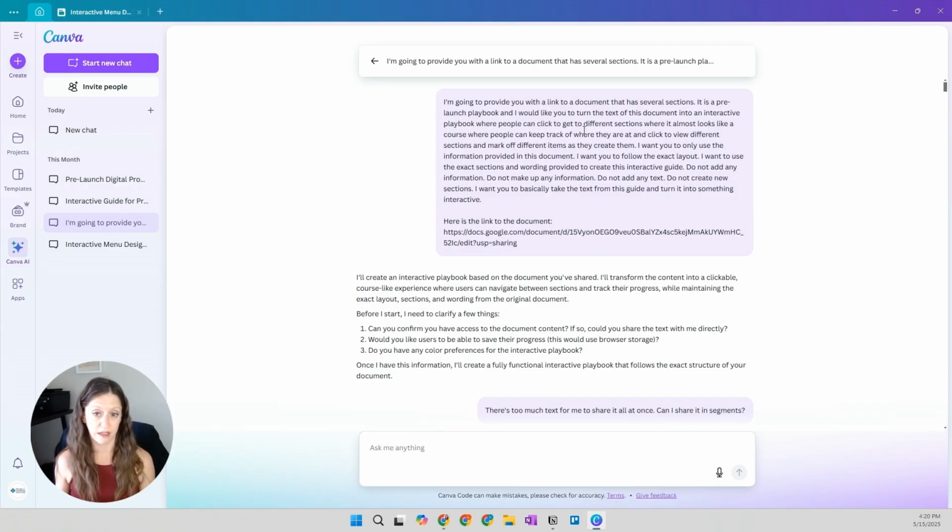Do not add any information. Do not make up any information. Do not add any text. Do not create new sections. I want you to basically take the text from this guide and turn it into something interactive. So I wanted to be very specific. I did not want it to make up anything fictitious. I wanted it to stick to just the information I was providing it, and I gave it a link to